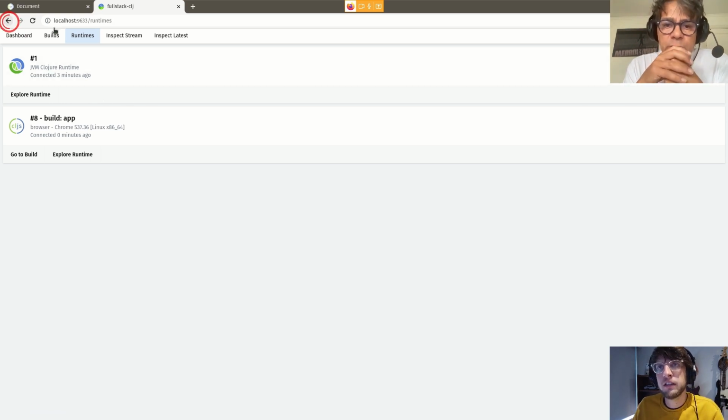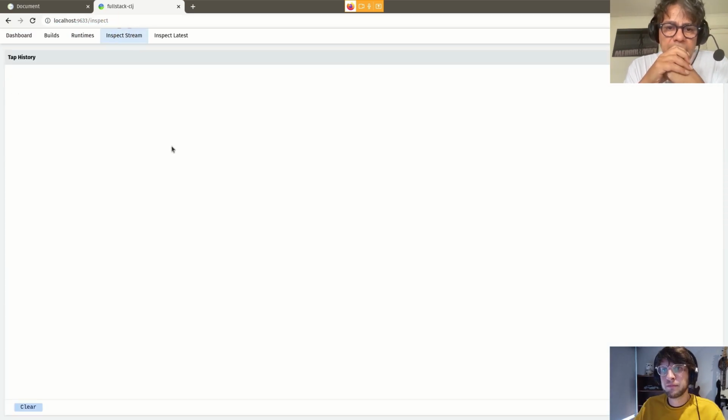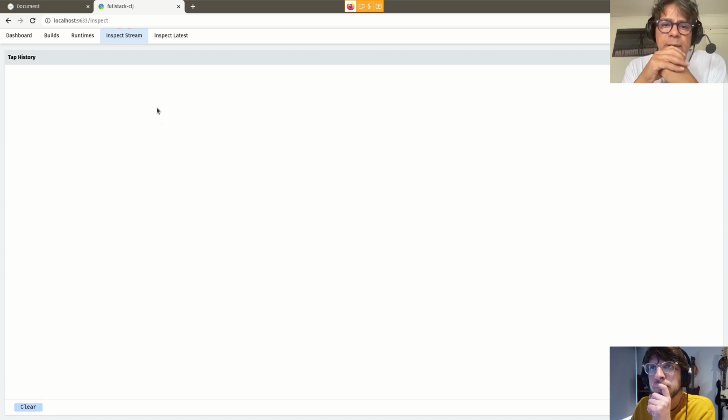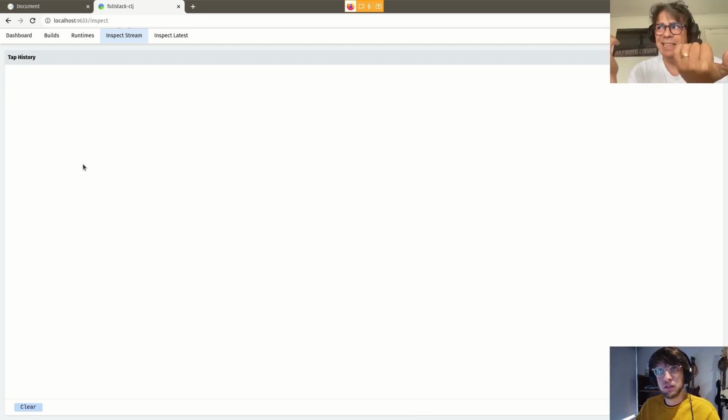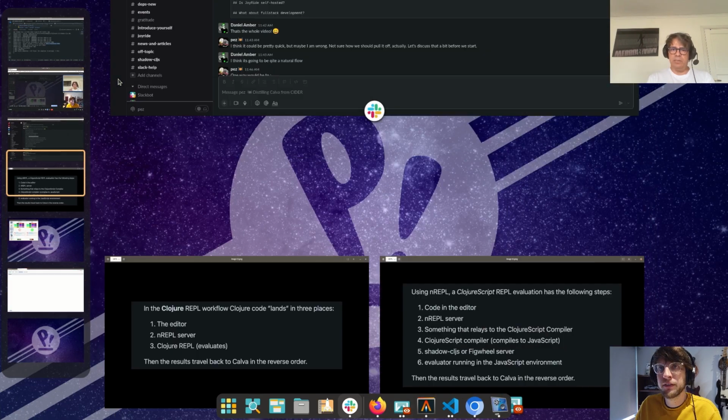And here you also have a stream. Inspect stream. Yeah, and that's the tap history. So you can use this ClojureScript tooling called tap. You can tap out values to a tap listener. Shadow-cljs sets up one of those listeners for you. So if you tap from the REPL, then if we go back to this project, then you will see that